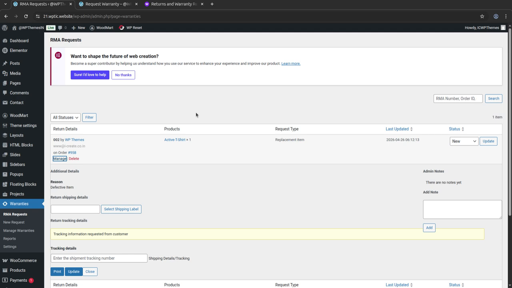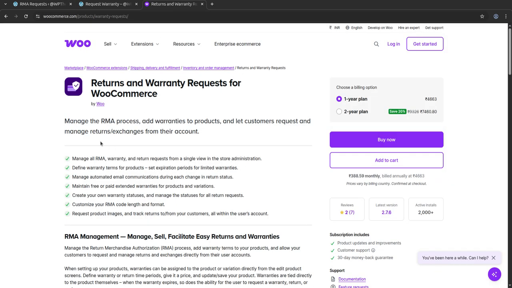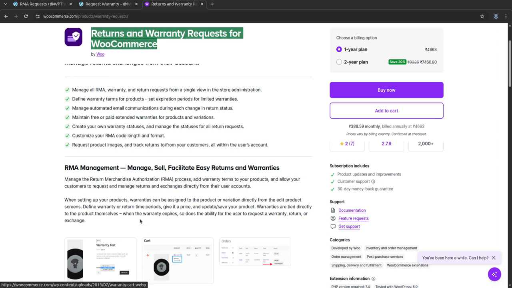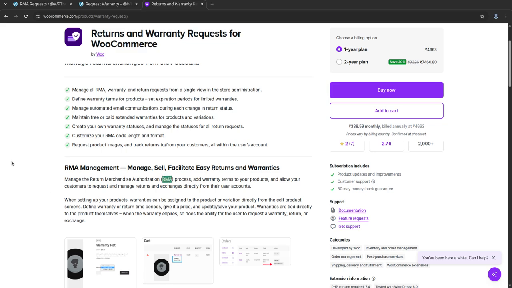This process can be simply integrated using a very popular plugin called Return and Warranty Request for WooCommerce. It is officially available at woocommerce.com, and it works directly with WooCommerce. It is not an additional thing, it is well combined with the WooCommerce system. The plugin is to manage return merchandise authorization. It is called RMA in short, and using this plugin you can manage all RMA warranty return requests from a